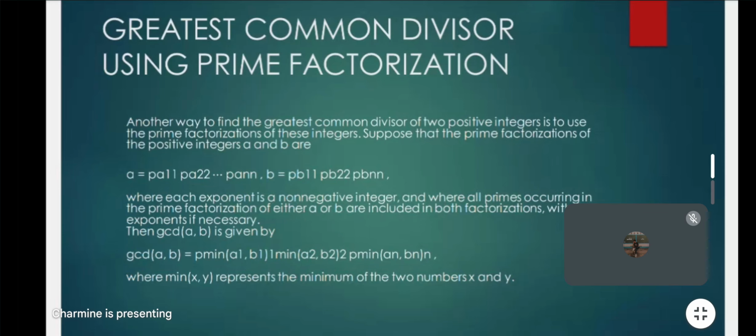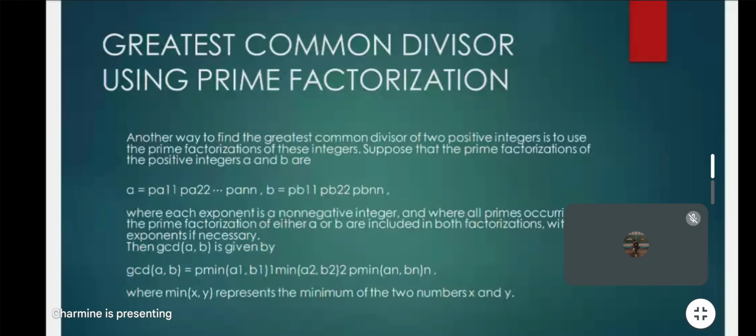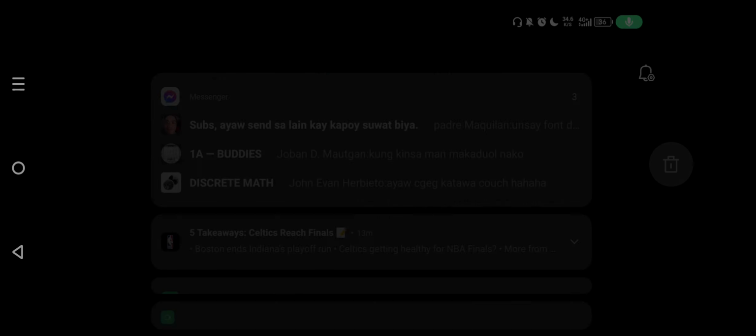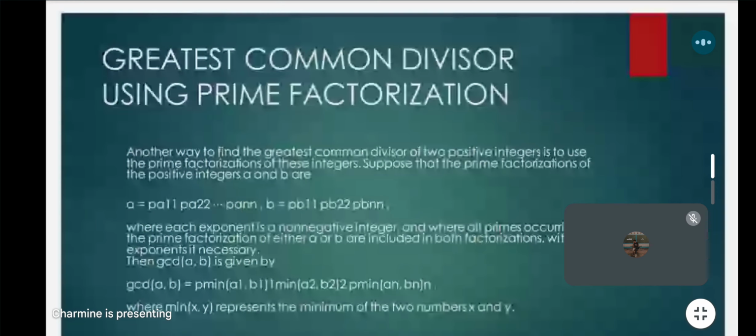Suppose that the prime factorizations of the positive integers a and b are a equals p1 to the a1, p2 to the a2, up to pn to the an, and b equals p1 to the b1, p2 to the b2, up to pn to the bn, where the exponents are non-negative, and all primes occurring in the prime factorization of either a or b are included in both factorizations, with exponent 0 if necessary. Then the GCD of a and b is given by